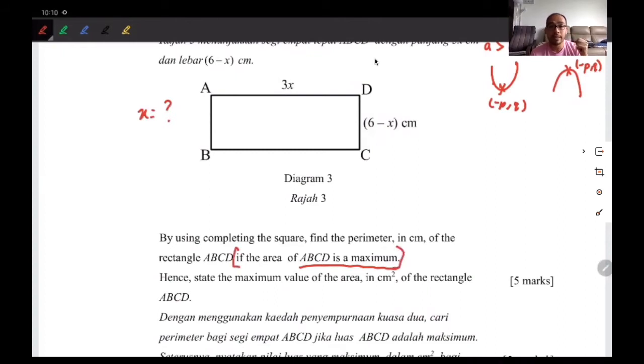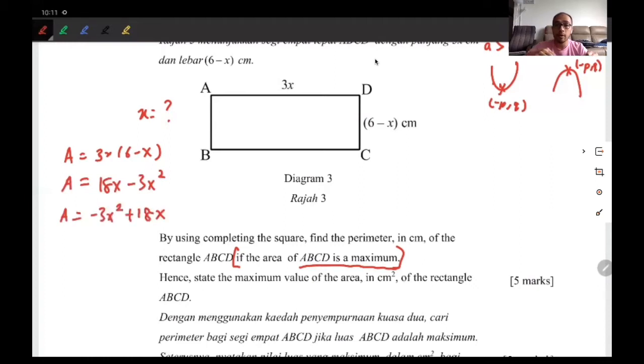The area is maximum. So area A equals 3x times 6 minus x. So you get 3x squared, negative 3x squared. Sorry, I'm going to slowly do this. So I will get 3 times 6 is 18x minus 3x squared. Okay, then what happens is negative 3x squared plus 18x. Now, if this is maximum, I can still complete the square,